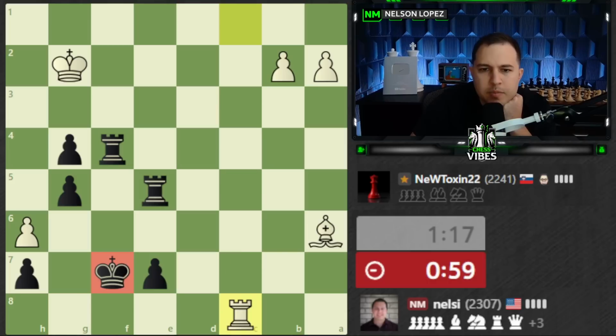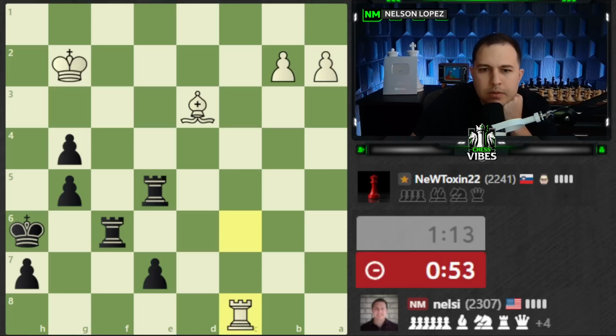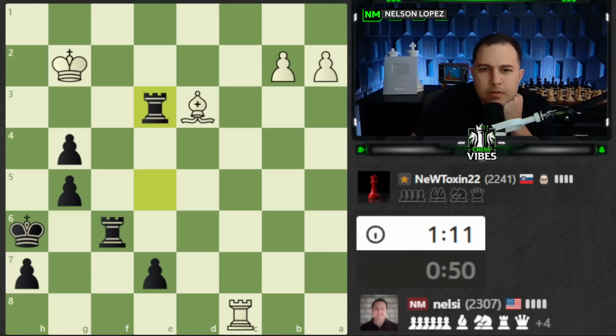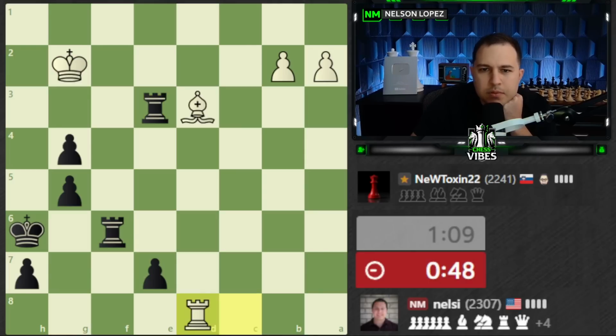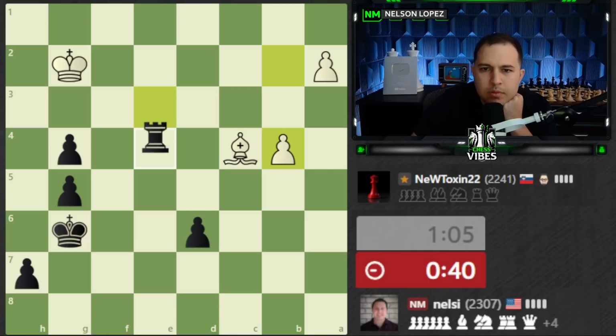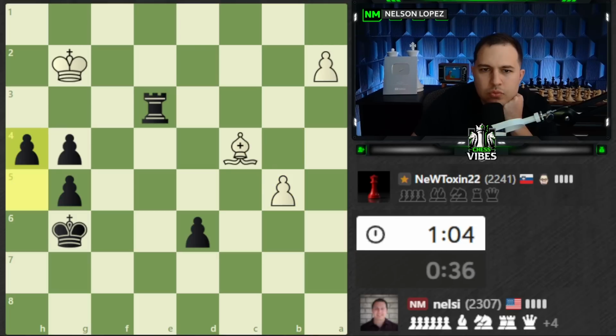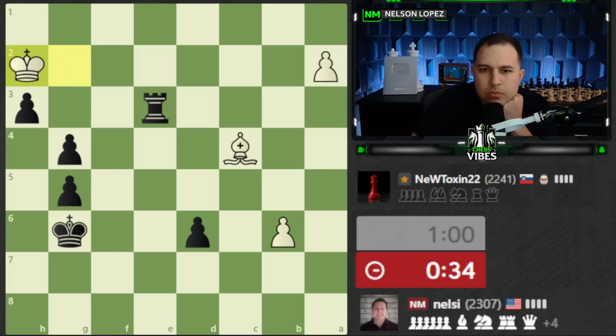Just don't want to get checkmated, so I'm just making sure I get my king out of there. And should be okay now. Let's see. Might actually be able to... Okay, well now we can just use our pawns here, and I think we should be in good shape. Okay, I'm gonna come...